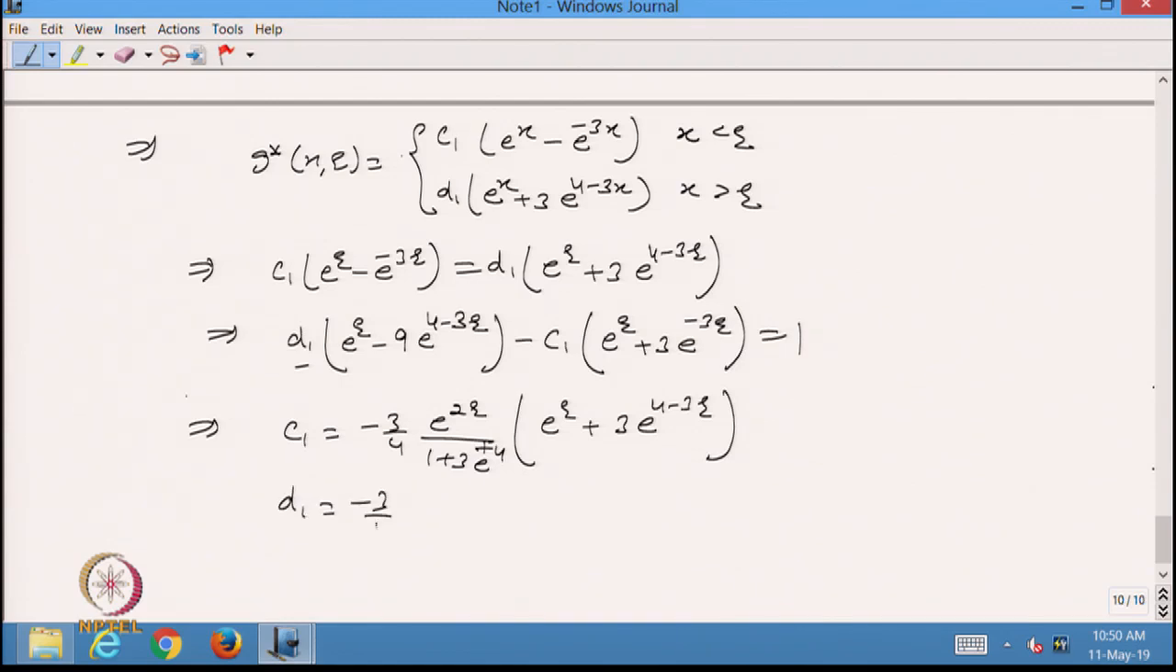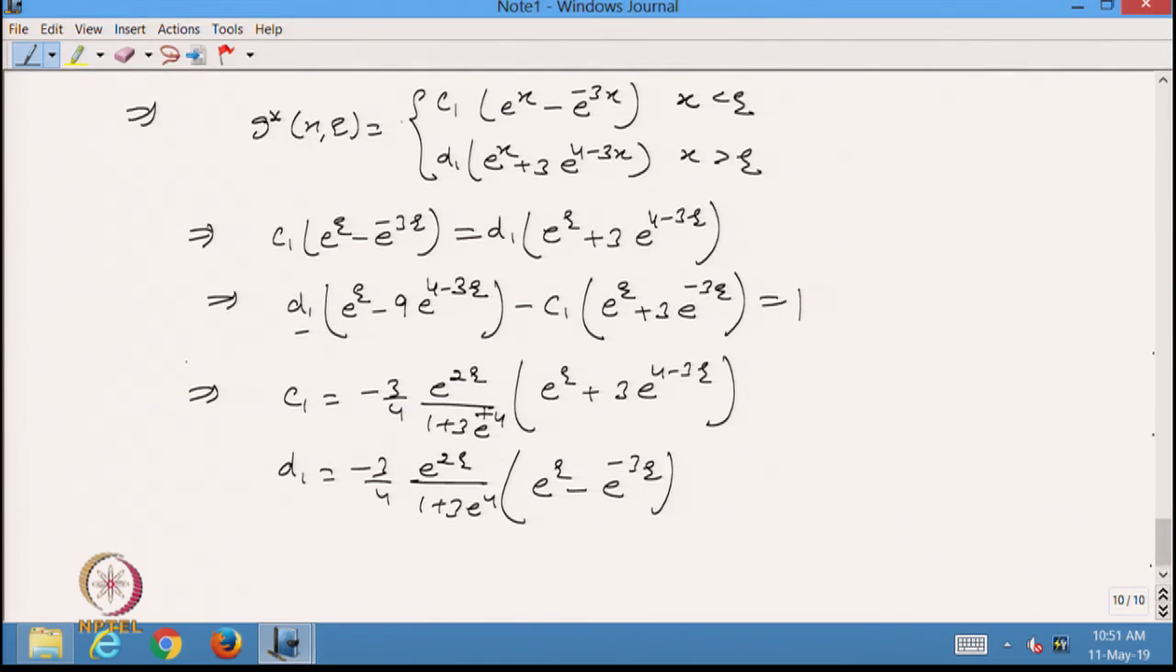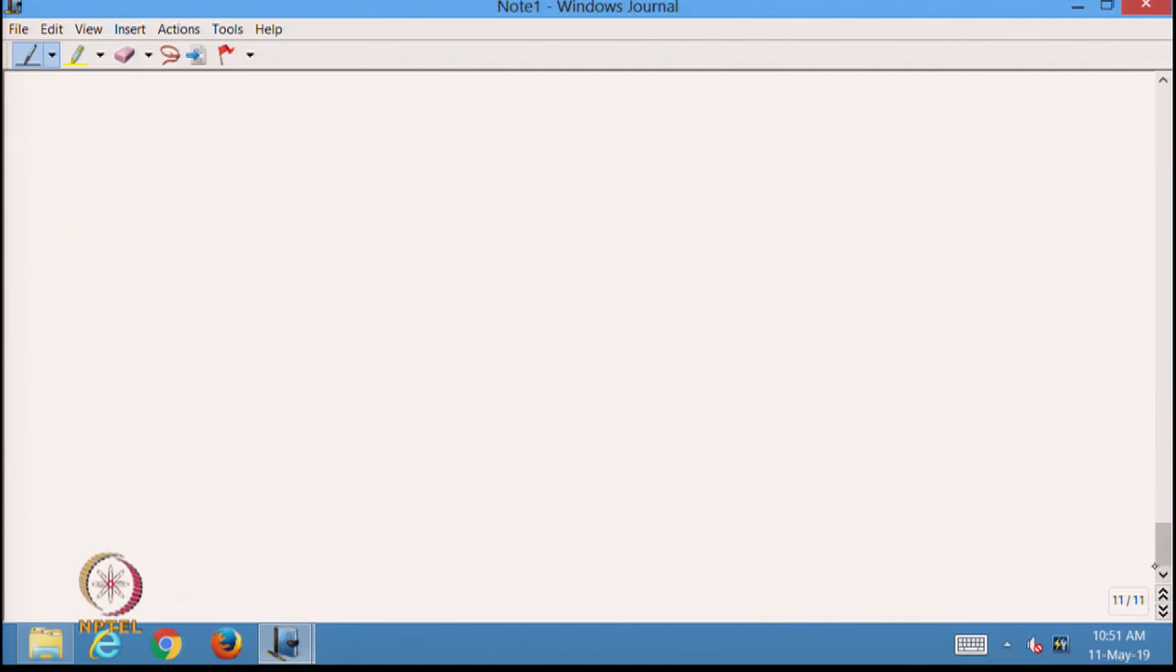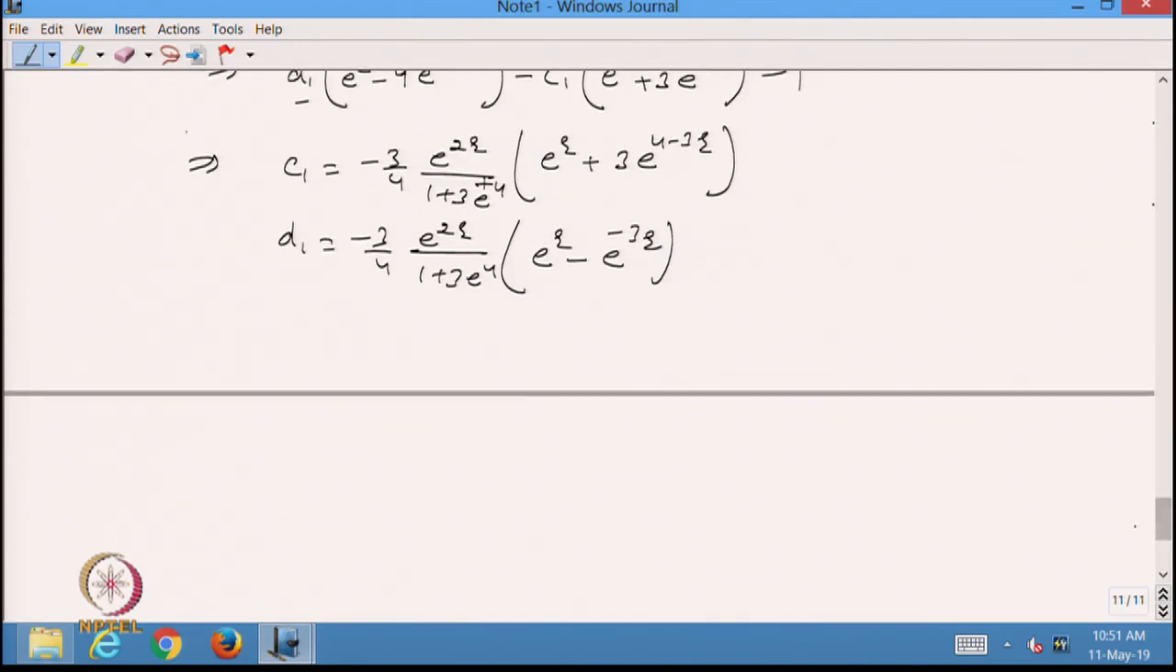So, the D1 value is coming 3 by 4 e raised to power 2 xi over 1 plus 3 e raised to power 4, and this is equal to e to the power xi minus e raised to power minus 3 xi. So, from here I can find the value of G star. So, G star in this case will be, if we write the G star, so G star will be